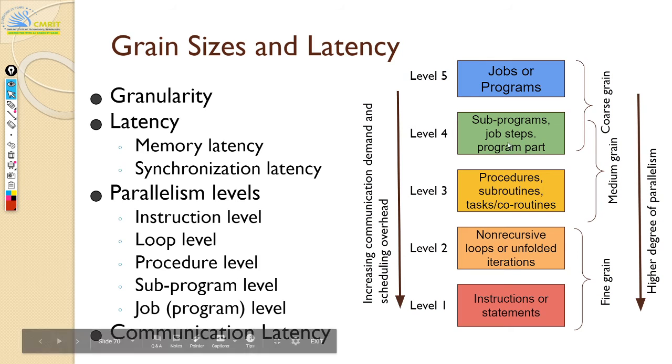But at the job level, you may not. For a particular job, the job may have hundreds or thousands of instructions. Those hundreds or thousands of instructions you cannot parallelize within, because they're all going to run on one processing element. So this is very coarse grain, and you don't have that much flexibility of parallelism. But as you go deeper, you get a higher degree of parallelism. At the same time, it's also very expensive to do this. When you have a bunch of instructions and you want to get the optimal schedule, that's going to be a problem. So there's going to be a trade off here.